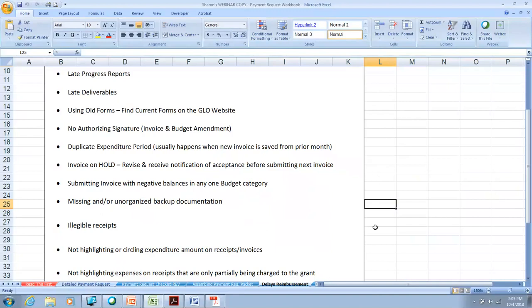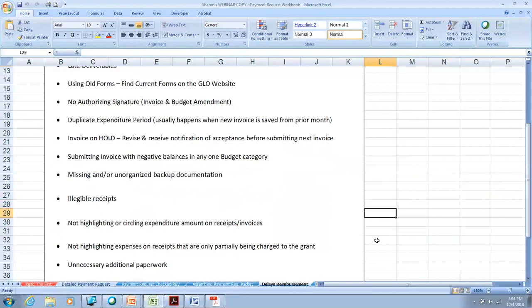Turning in illegible receipts. This happens quite a bit. We get those and we can't read them. And so we're going to turn that back to you and ask you to please turn in receipts that can be read. Not highlighting or circling the expenditure amounts on your receipts or invoices that are being charged on this invoice